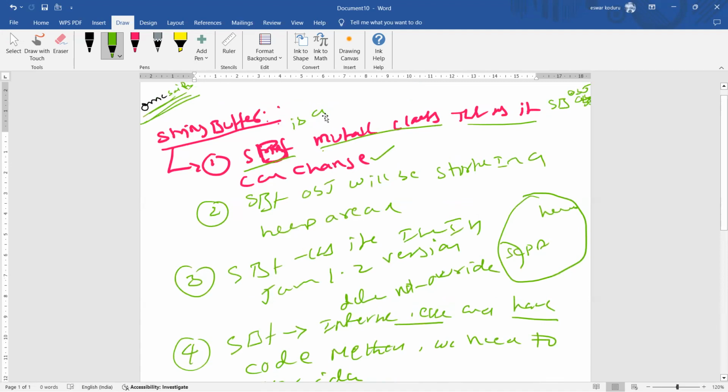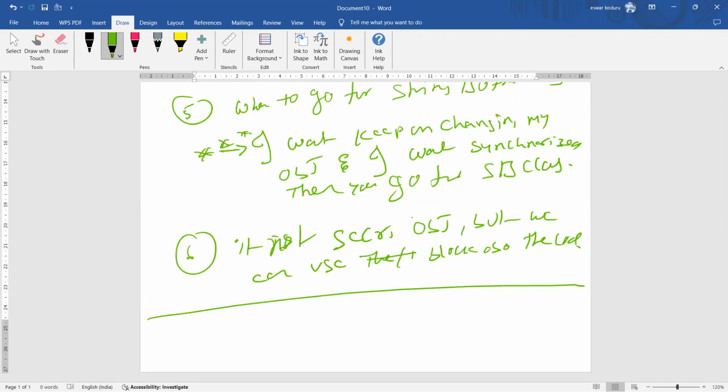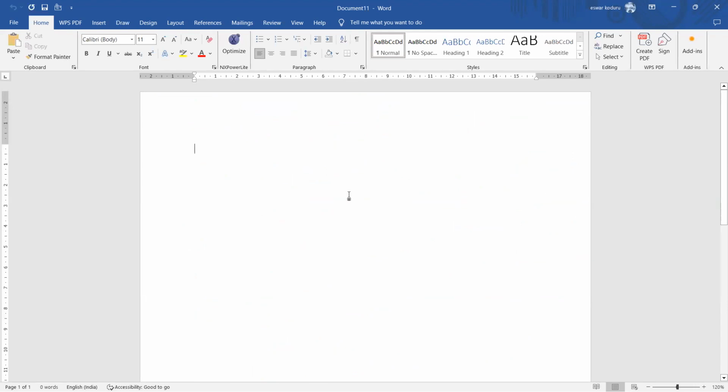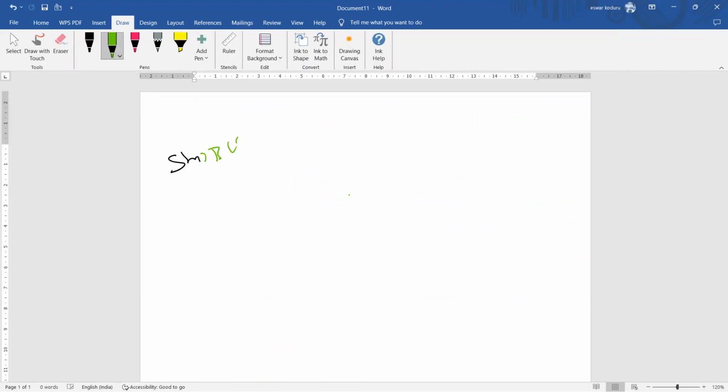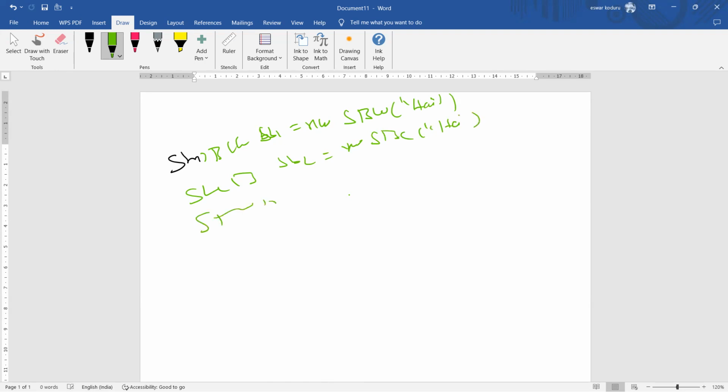First point, string buffer class is a mutable class. That means the string buffer object can change, and it will be stored into the heap area. What does that mean? For example, StringBuffer sb1 = new StringBuffer("hi"); StringBuffer sb2 = new StringBuffer("hi"); StringBuffer sb3 = new StringBuffer("hi");